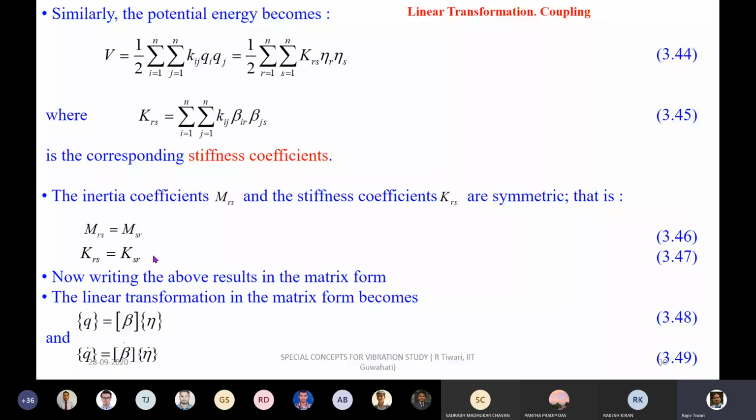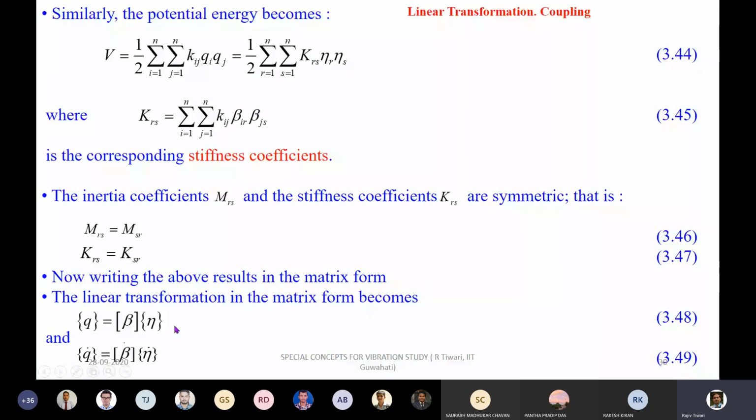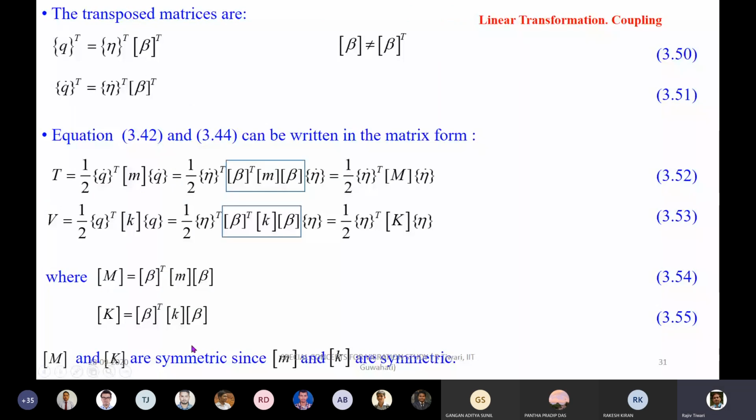So going back to this transformation which we defined, which we wrote in the matrix form. This is the same matrix form, and if we differentiate this with respect to time, as we did previously, because beta is a constant matrix, we will get the eta dot term. And here, because in the kinetic energy we have the term of q dot transpose, and in the potential energy we have the term of q transpose,